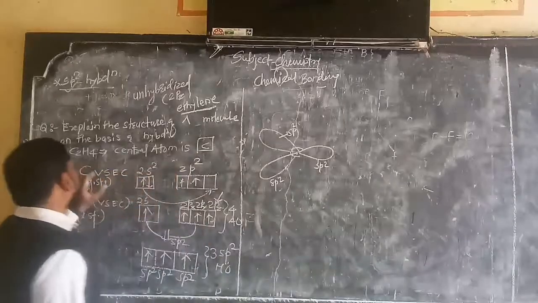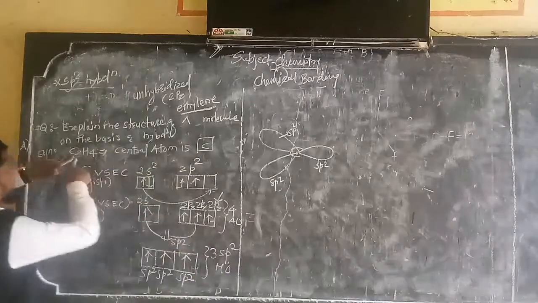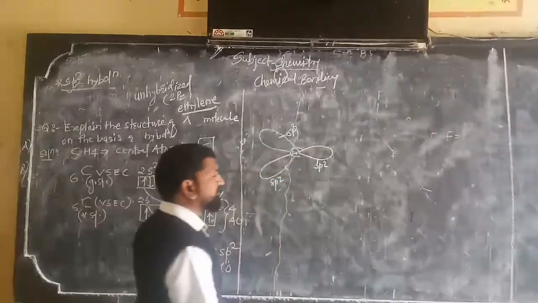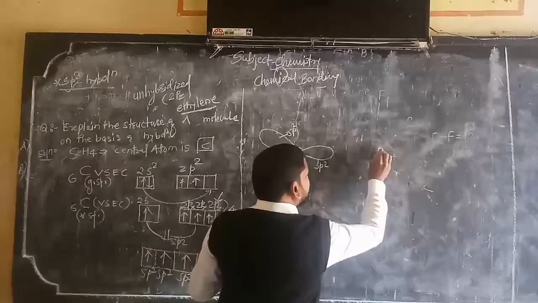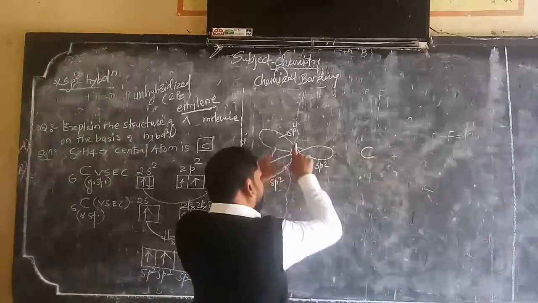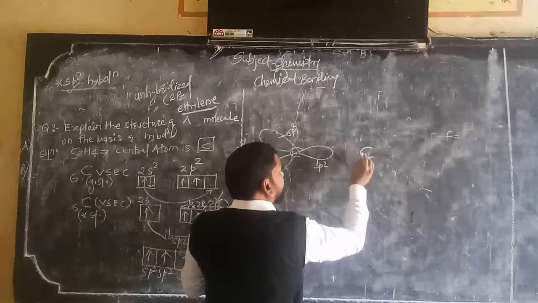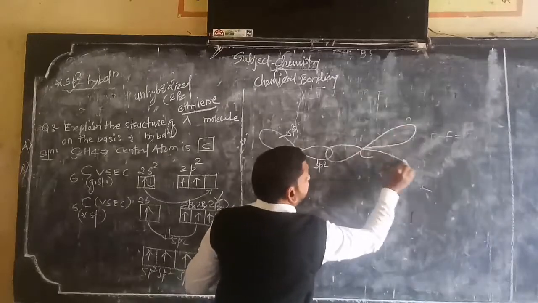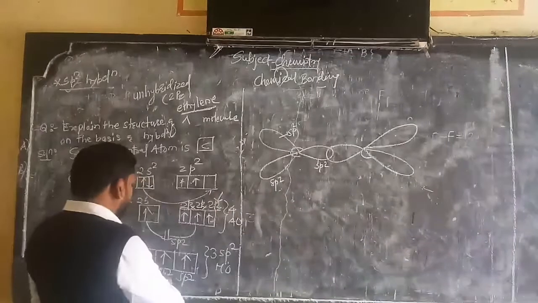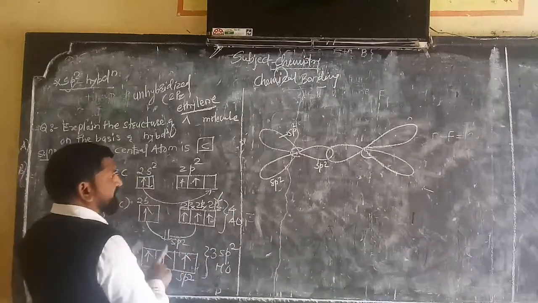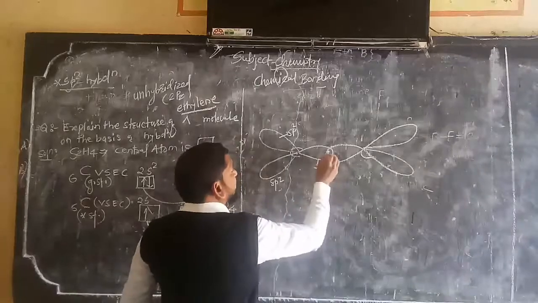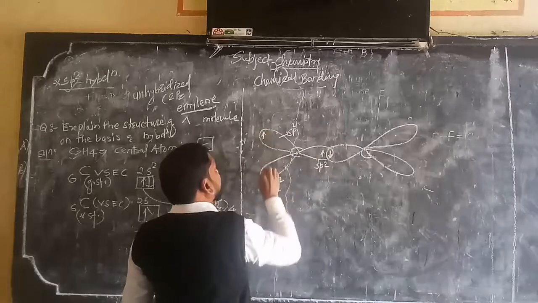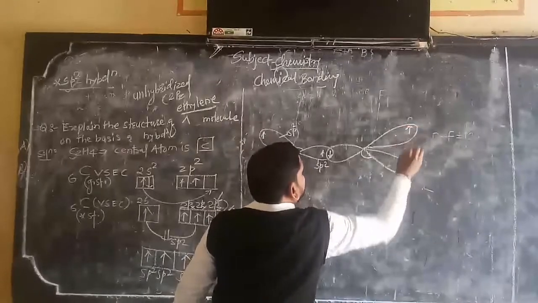Now see here, in ethylene how many carbons are there? In ethylene there are 2 carbon atoms, and we have seen only 1 carbon atom. Therefore can we draw another carbon atom here? Yes, we can draw, which will exhibit the same type of chemistry, and therefore we again draw orbitals like these. Now see here what happened. Each hybrid orbital contains one unpaired electron. Therefore we will draw here 1 and here 1, here 1, here 1, and here 1, and here 1.